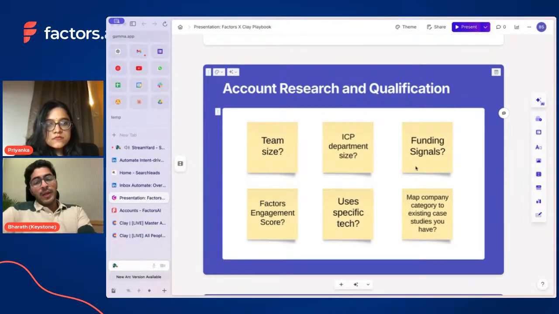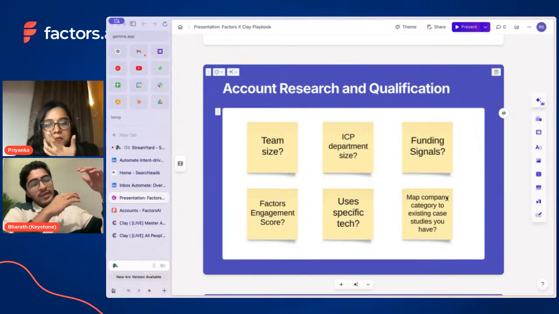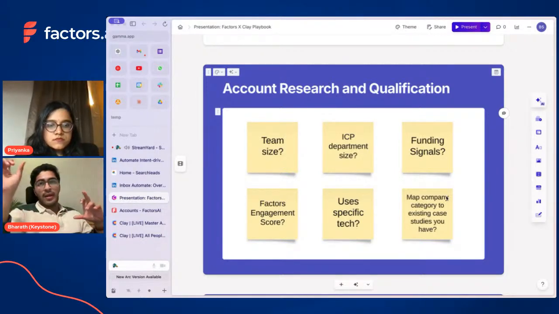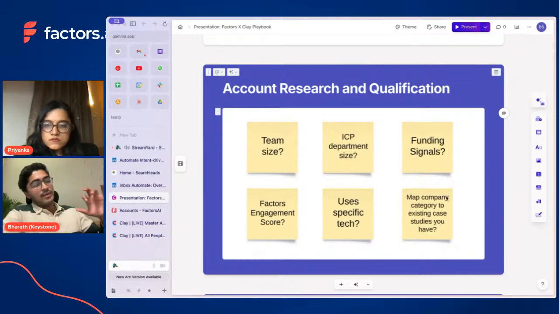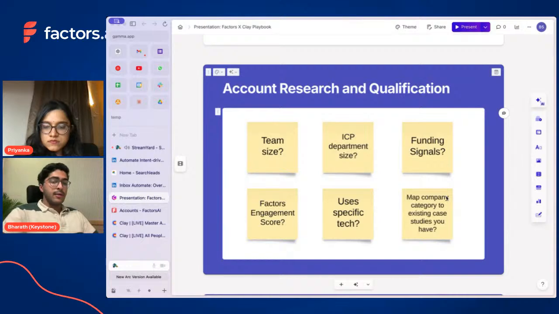Company category is a very interesting one, right? Like if you have case studies on say 10 companies and you want to map every new account in your account list to say which is the most ideal case study to send to each of these accounts. If that can be done, that's something that I'm bullish on as well. And funding signals, depending on.